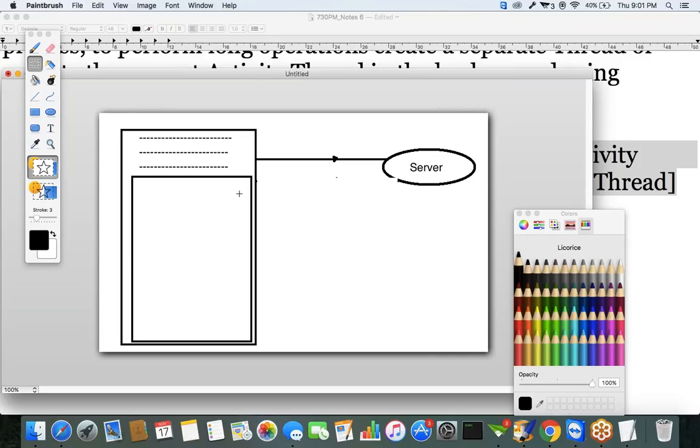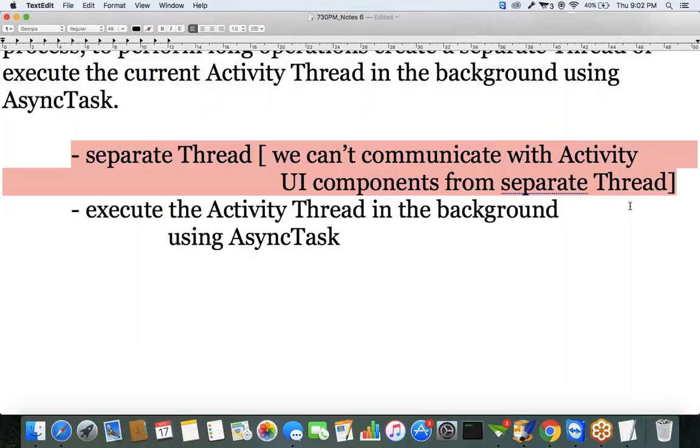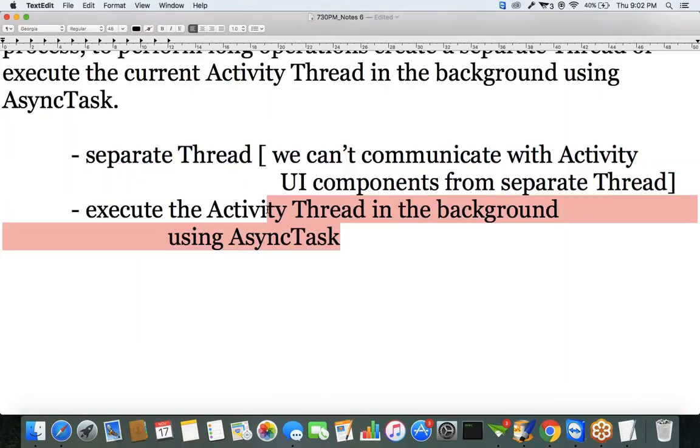But if you are getting the response from the server, and you want to show that response on the UI components, definitely you have to go with asynchronous task. Understood? If you don't understand, just